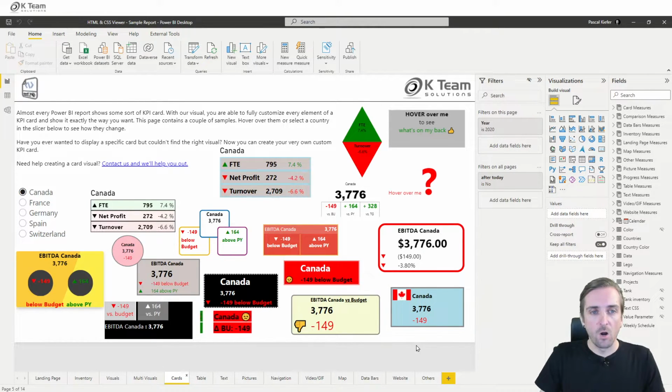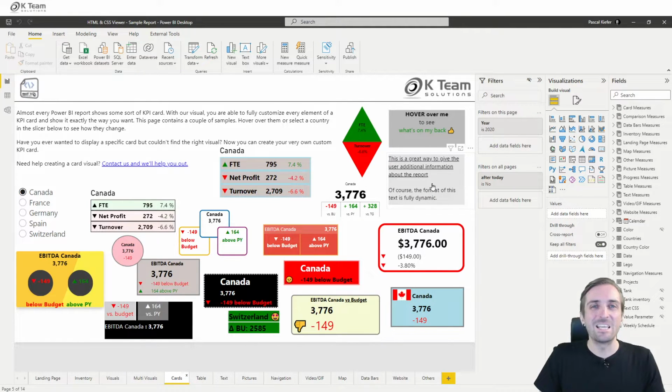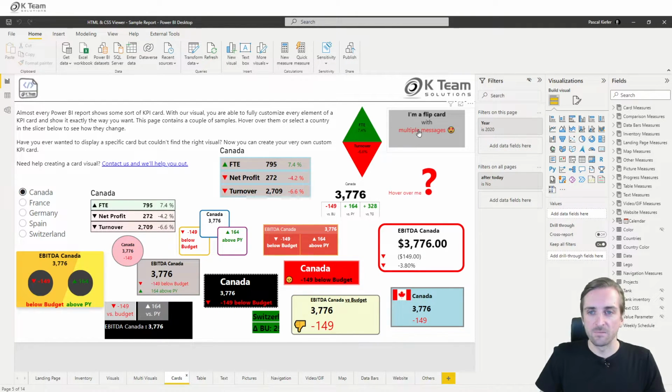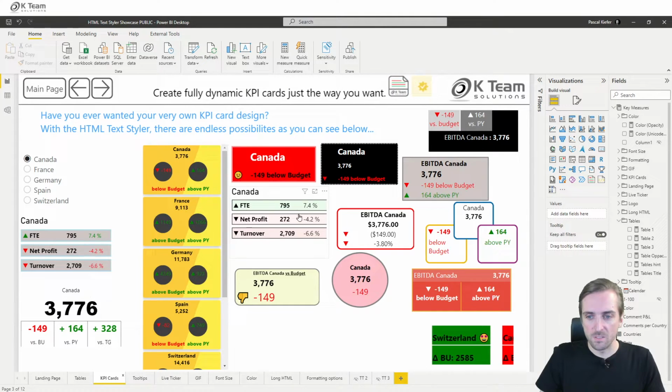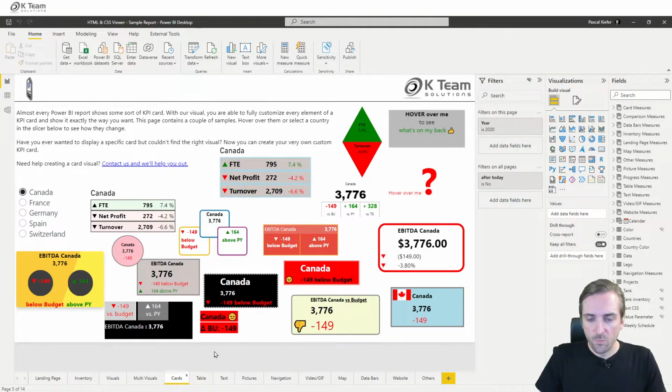Also, we are not able to use styles, CSS styles or CSS effects. So for example, this hover effect is also something that's very specifically only available for the HTML and CSS viewer. I think the rest of the visuals in here can also be displayed in the HTML text styler. But that was one of the differences. Okay, let's move on to